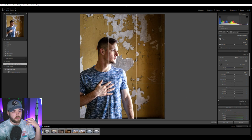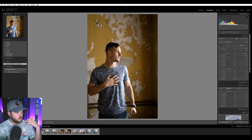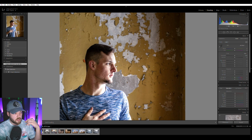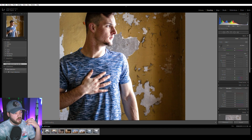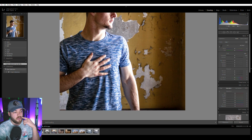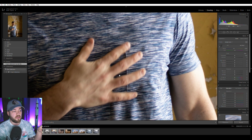From an editing perspective, he's added some more contrast. I'd say watch the highlights. We're losing some detail around here, but this is a very nice, crisp, contrasty, kind of grungy look because of the paint. The paint's peeling off in the background. That's a very decent model shot. I would watch your shutter speed though, because you can tell that his hand is moving. And